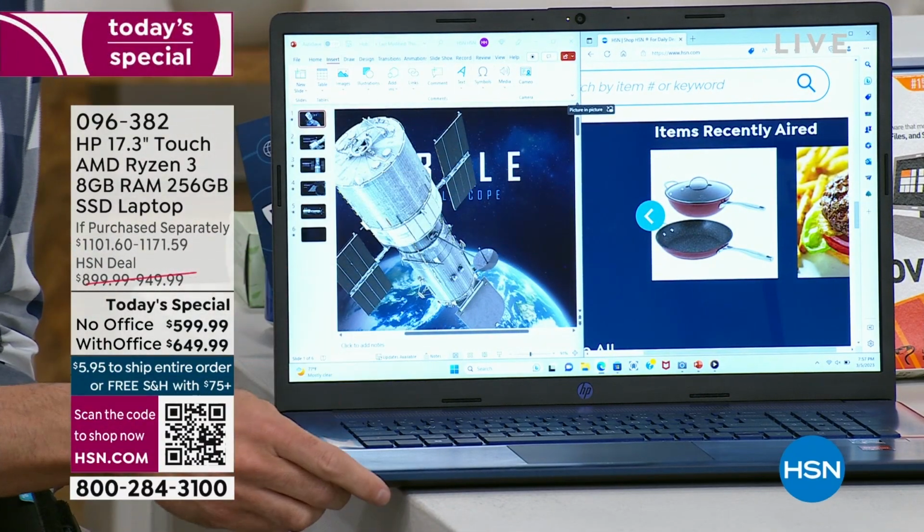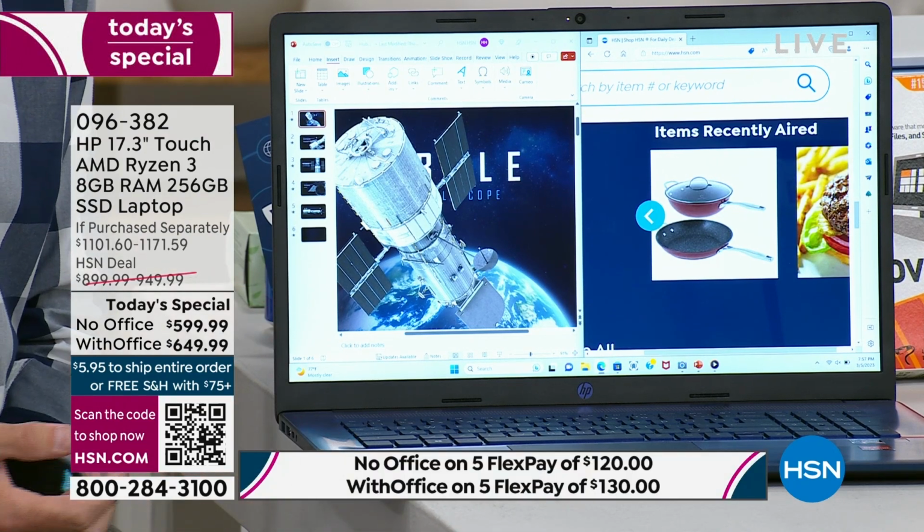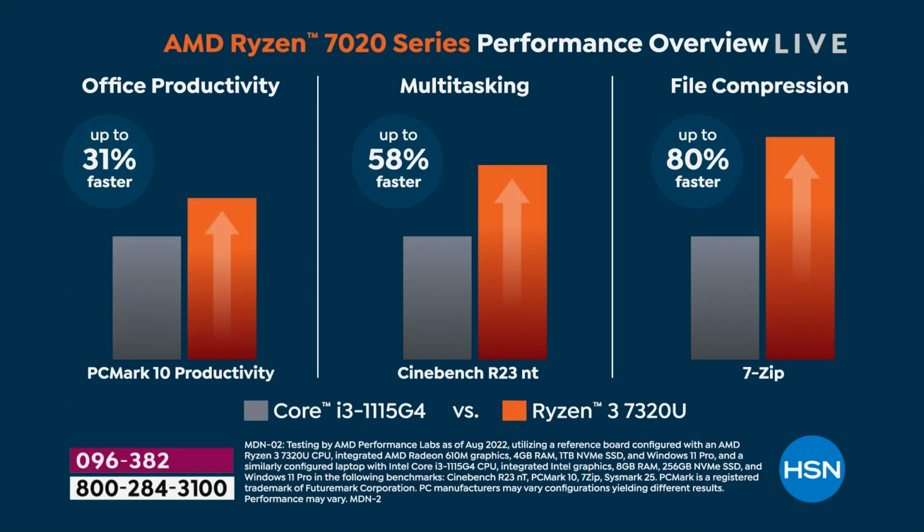Specifically with this processor, we are so proud today to launch here at HSN the AMD Ryzen 3 processor. It is the top of the line in the Ryzen series. And in fact, I'd love to sort of show you this little comparison we have again. Many of you know the Intel brand. Intel's a wonderful brand of computer. When we compare this to like an Intel Core i3 processor, I think many people would be surprised to learn,